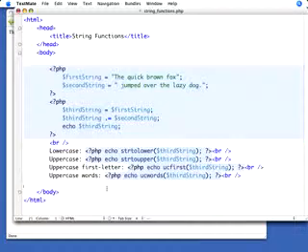We've got string to lower, which is the function you'll see right here, that is going to make all of our string into lowercase. We have string to upper right below it, which will make it uppercase. And then we've got a few others, UC first, which will make